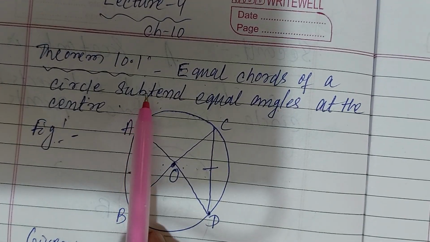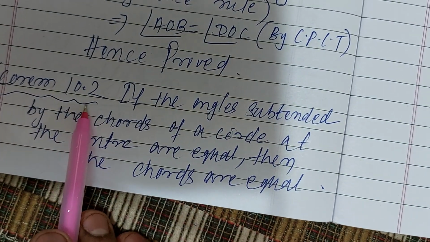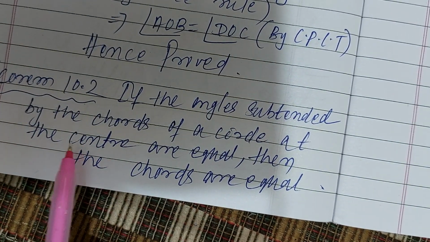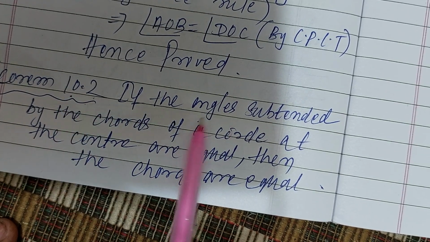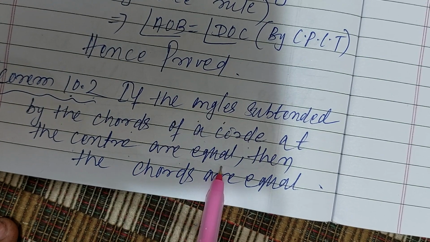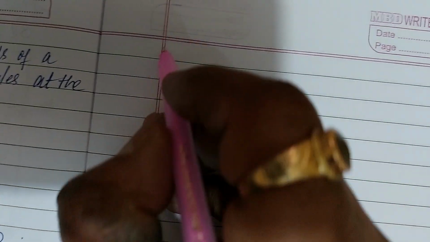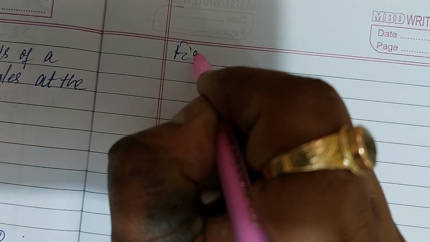Okay. Theorem 10.1 tells that equal chords subtend equal angles at the center, but theorem 10.2 is just the opposite, the converse of theorem 10.1: if angles subtended by the chords of a circle at the center are equal, then the chords are equal. That means in this given figure, according to this theorem,